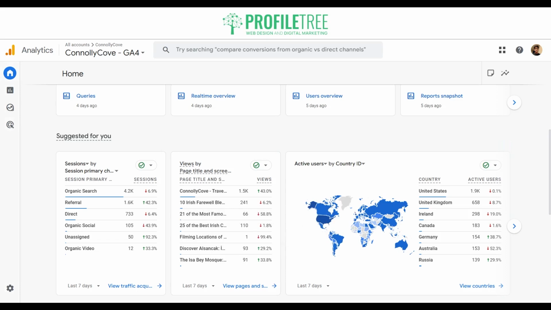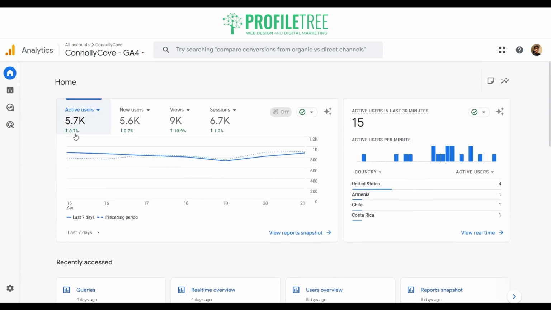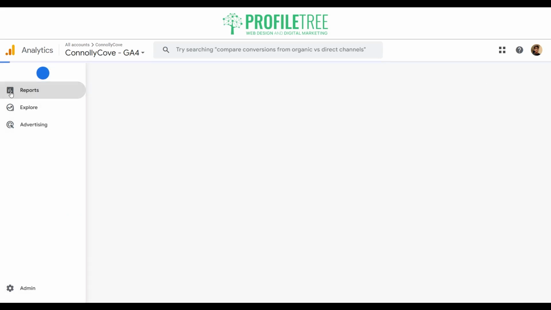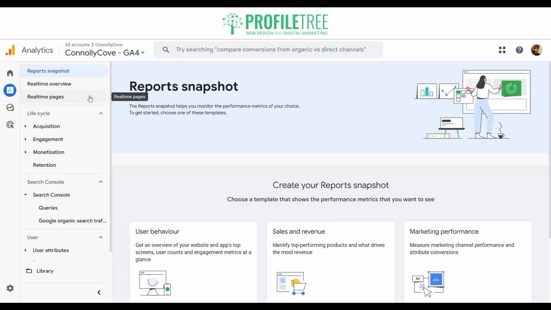Now, let's just say you're running a campaign. Make sure that you're focusing on other metrics like your click-through rate or conversion rate and even your cost per conversion. Make sure that you're using this dashboard. Also check your reports as well to track your KPIs in one place